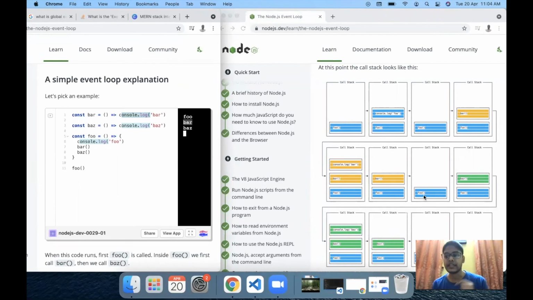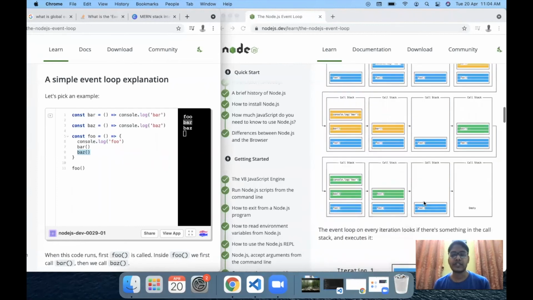Then we move again into the function call of foo, or the code which is running in foo. Next function that we encountered in foo is bash. So bash will be added at the top of the call stack. And now we move inside of bash function, and inside of bash function we have a log statement which is console.log bash. So that will be added at the top of the call stack, and that will be executed, and we will have a log statement printed which is bash. Once that is done, bash function execution is complete because there is no more code in bash function. So it will be popped off the call stack. And once we are done with bash, we will come back to foo function and we realize that, oh, foo function call is completed as well. And by that, it will become empty.